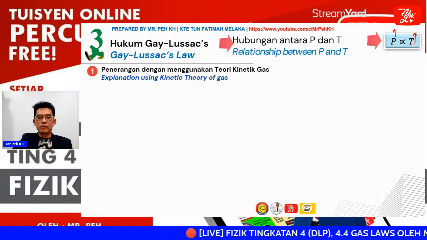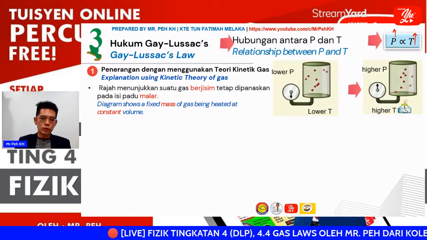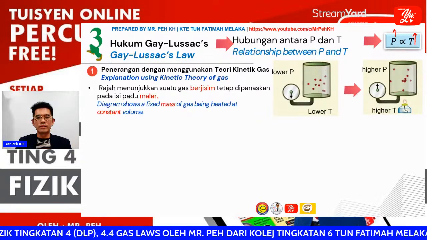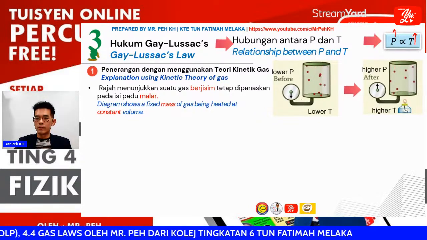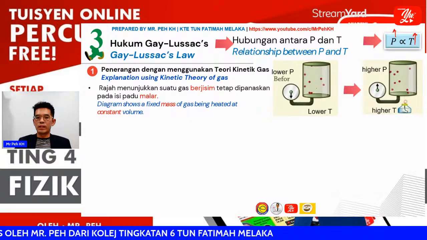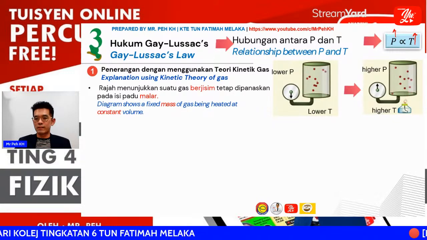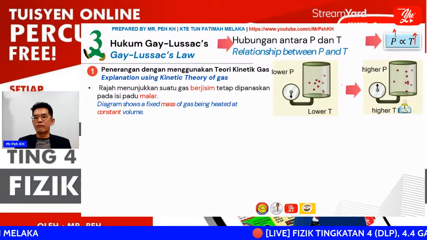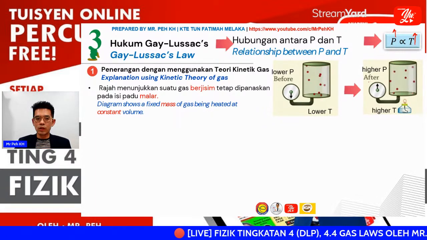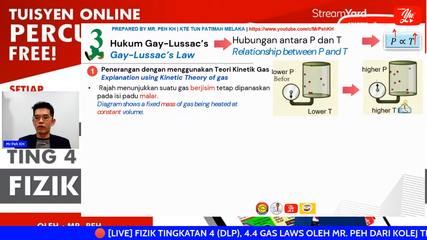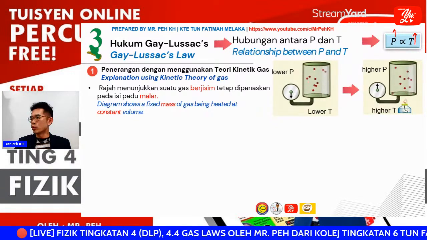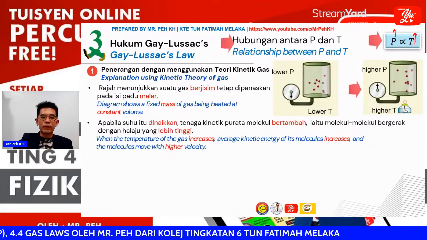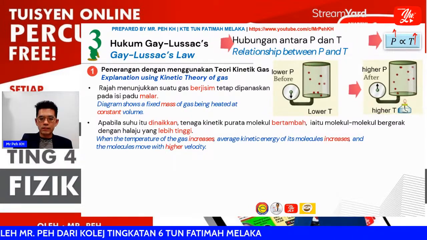Okay, here the first will be the diagram shows the fixed mass of the gas being heated at a constant volume. So you can see here, before and after both is actually with the fixed mass. So that means the number of particles before and after is actually the same. And then here the volume of the container before and after is also the same. Okay, and then the second, when the temperature of the gas increases,